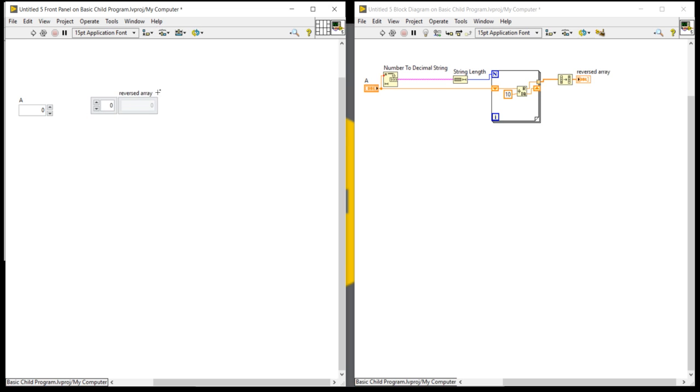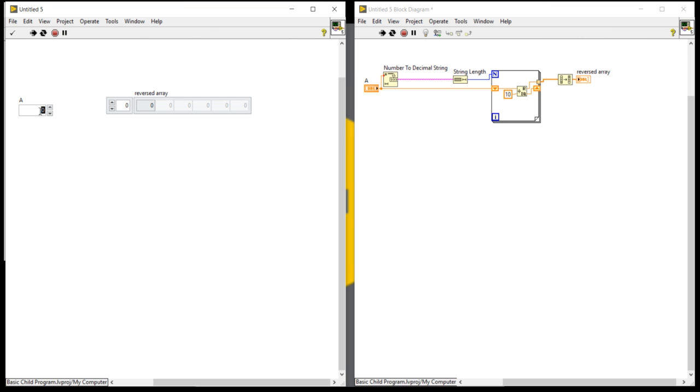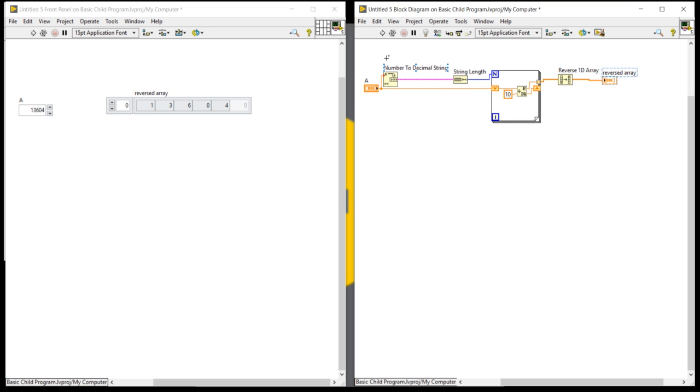Now you can see whatever number I insert, it will break that number each and every time without any problem. Run. 34, it will break. 134, also it will break. Whatever number I insert, it will break my numbers each and every time. Here, in this place, we can take the same logic.